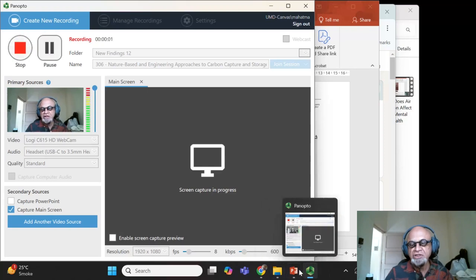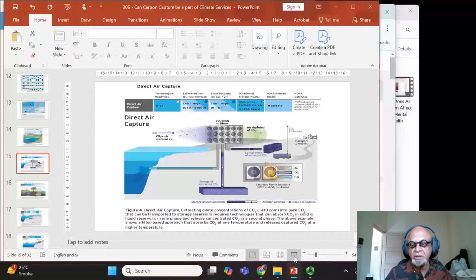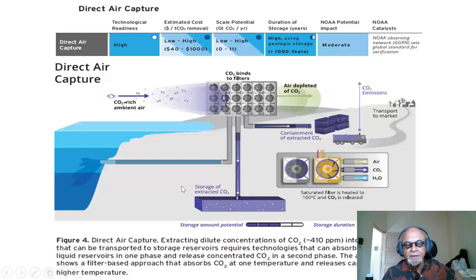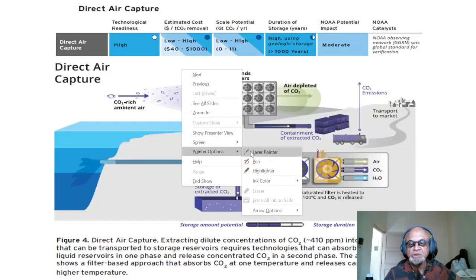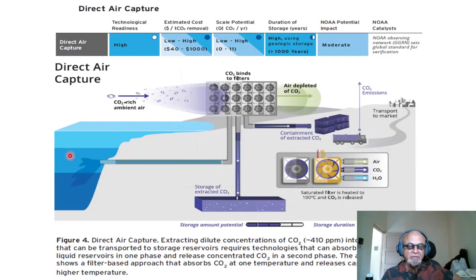So let's quickly run through the various methods that obviously NOAA has to consider if they are getting into CDR research. We have already discussed these in some detail, so I'm not going to be dwelling on it too much. Direct air capture, of course, where you are using some kind of a system where ambient air is flowing through. It can be CO2 rich, but that's a relative term. And you have some catalysis or some binding operation chemically going on that leaches out the CO2 from the air,